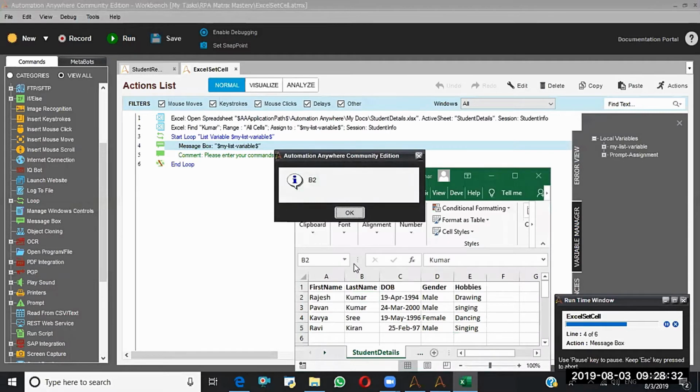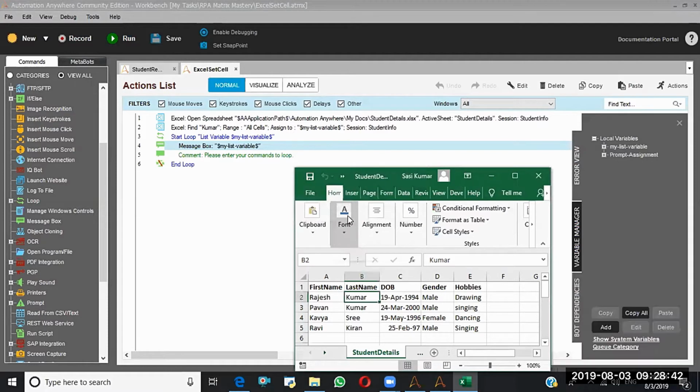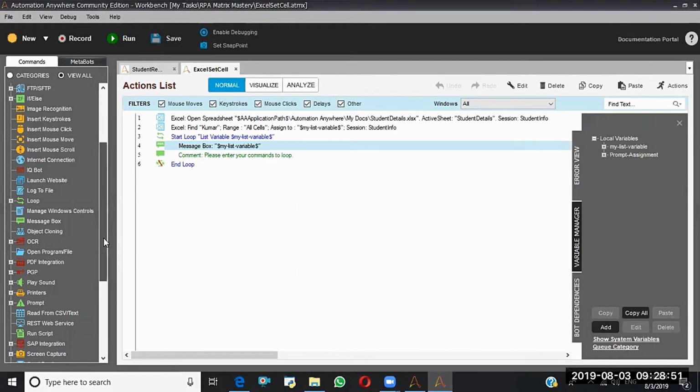See, B2. That means B2 has Kumar. Then B3. Yeah, B3 also has Kumar. So like this, we will be able to get the addresses of particular data by using the find command. That's about find.